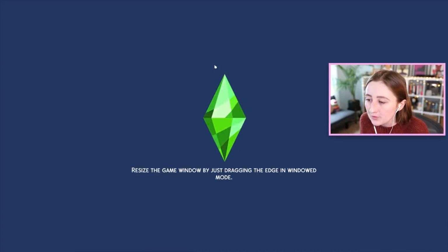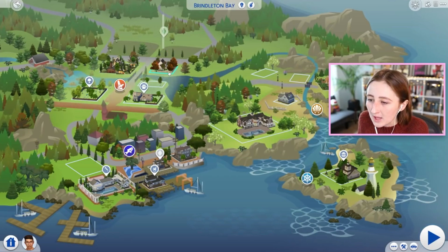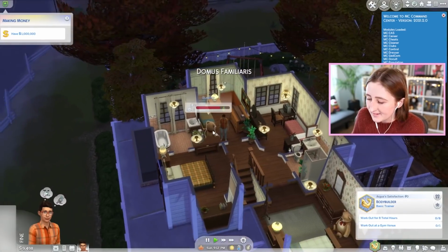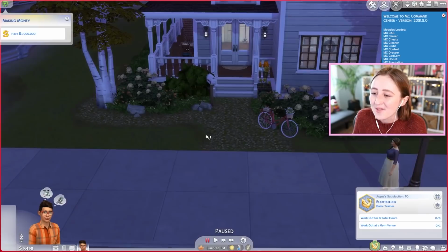Load faster, please. This game. Okay, so I put the house up on this lot, if that helps you find it. It's the one across the street from Brent and Brand. It's nighttime right now when I load in, but that is okay because I want to show you all the